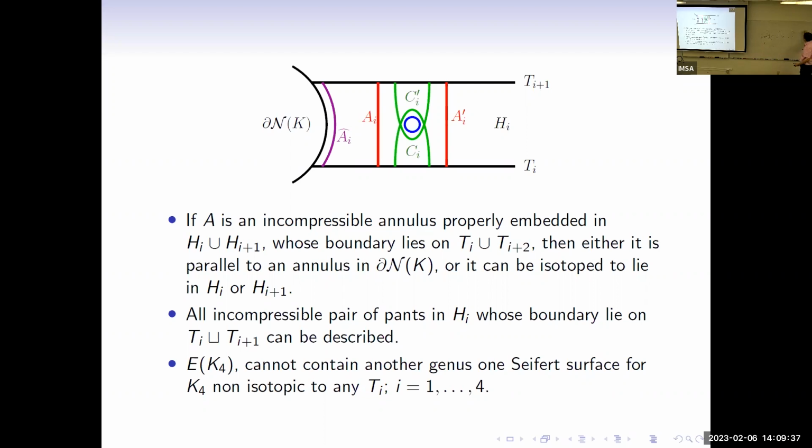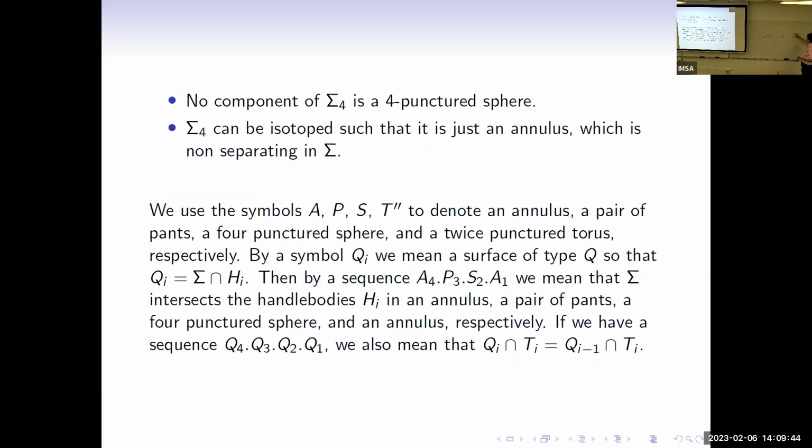But yeah, essentially the pairs of pants will look something like that, no? Like it's almost parallel to one of the surfaces, except that we might have these saddles, no? Or maybe something like, yeah, or